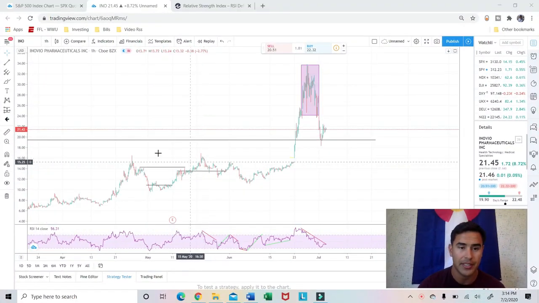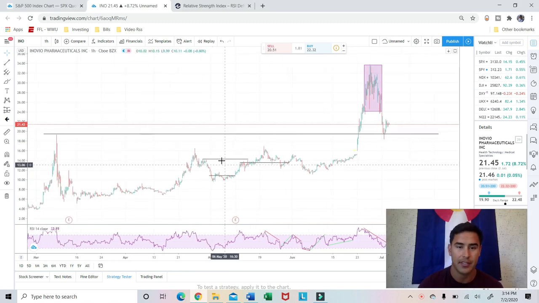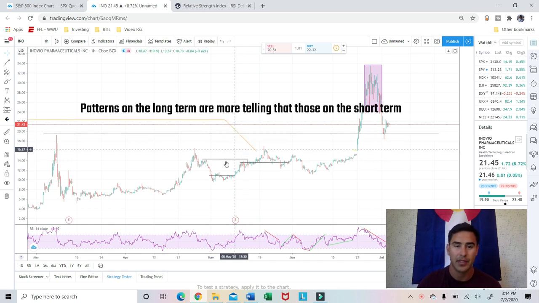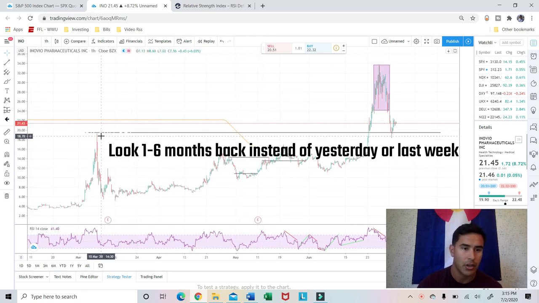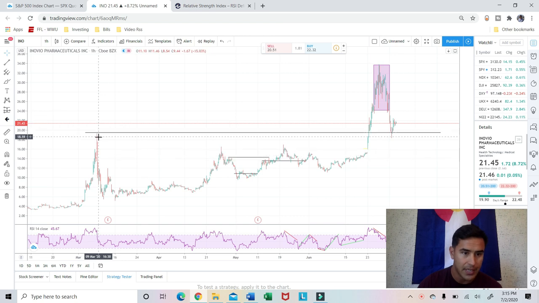All right, so when you're looking at resistance and support, don't get too caught up in these couple day movements or these week-long movements. You need to take a step back. These smaller movements are considered more micro, and we want to take a look at the macro, the bigger picture. So all the way back here, March 9th, okay, we came up to this price point of